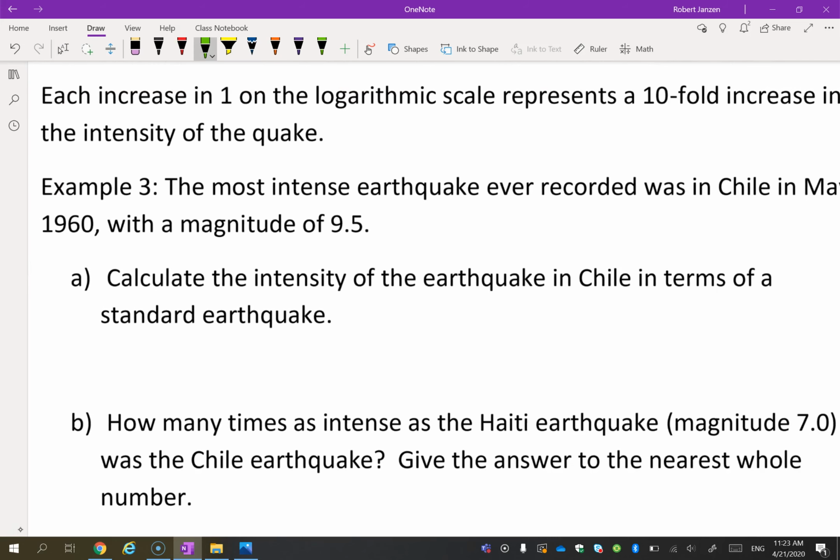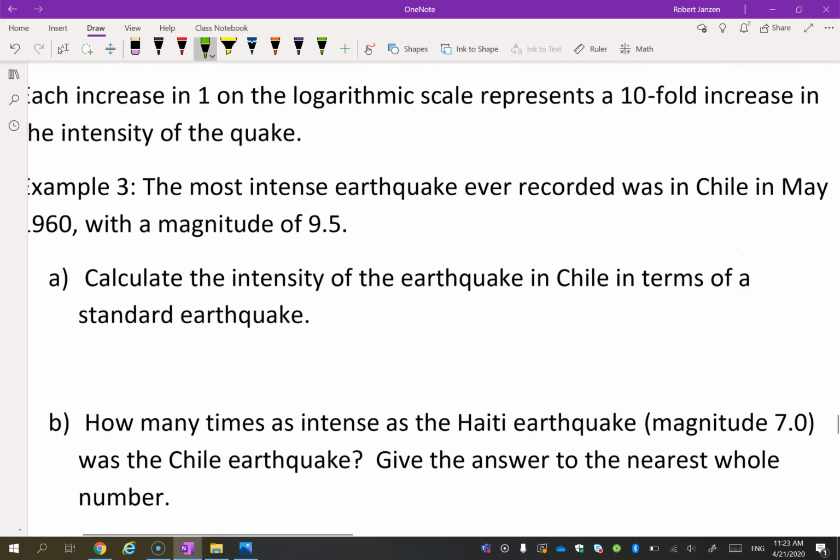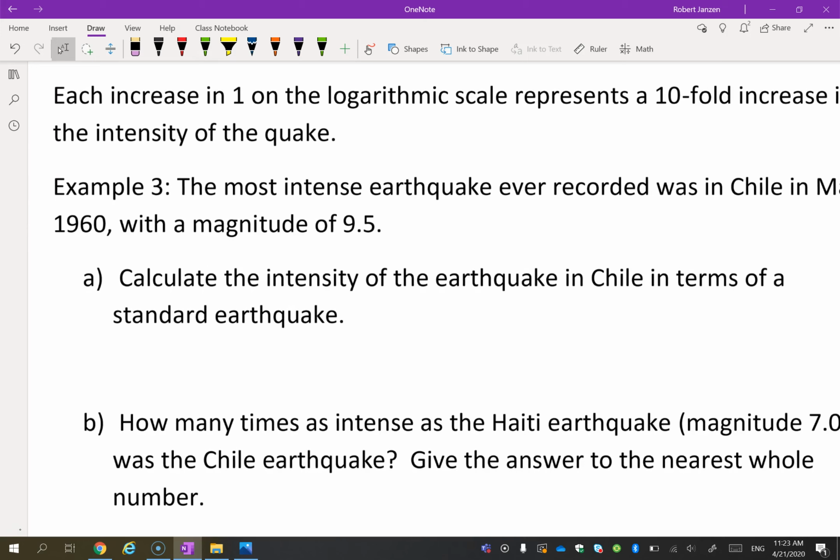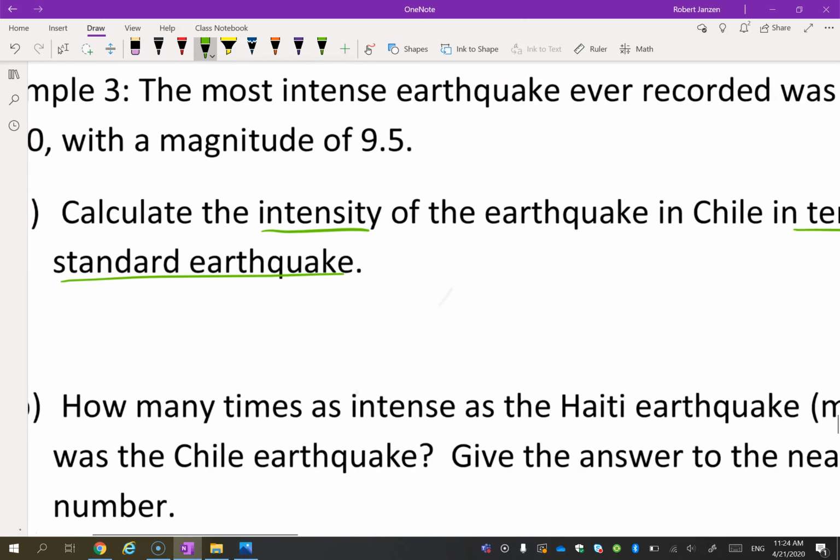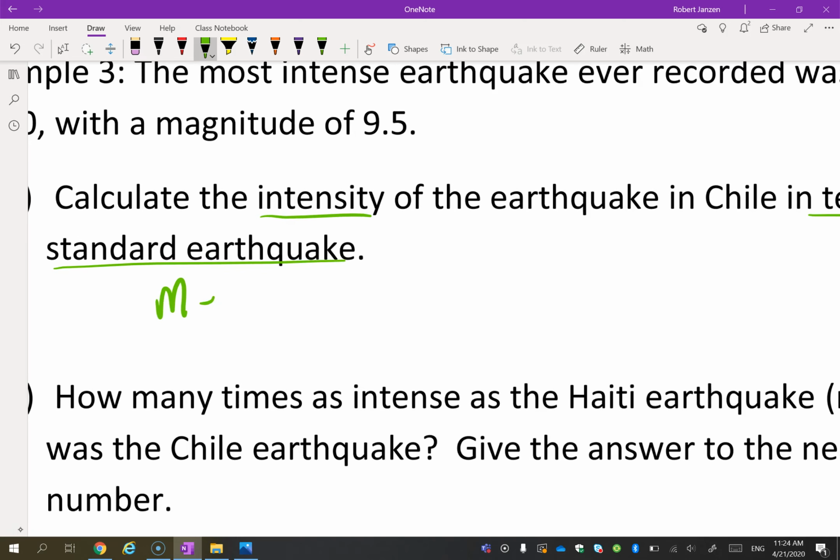It says the most intense earthquake ever recorded was in Chile in 1960, and it had a magnitude of 9.5. Calculate the intensity of the earthquake in terms of the standard earthquake. Okay, so let's write the formula down. It says M is the log of the intensity over the standard intensity. So we're supposed to calculate I. Okay, we're given the magnitude is 9.5,